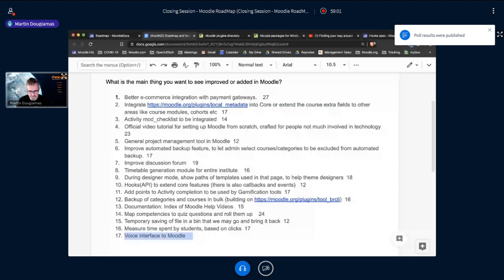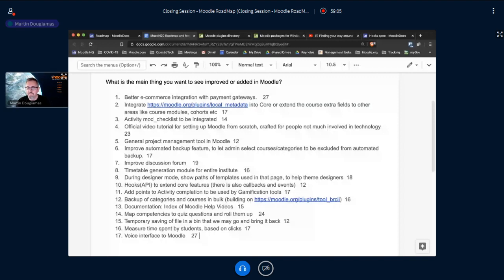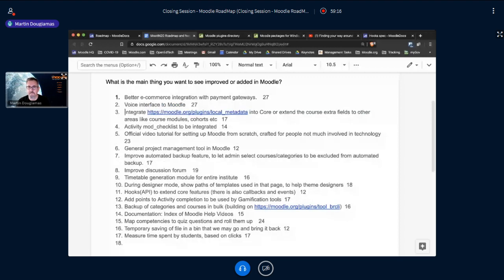6 people said no. So the co-winner was that one, right up there with the very first one we did. Everybody wants to talk to Moodle and have it make money for them. That's the India Moot.